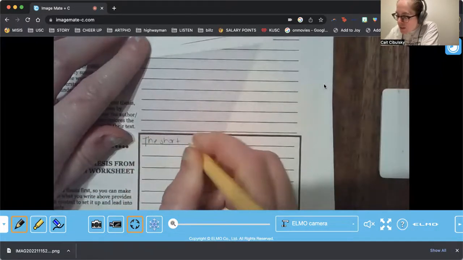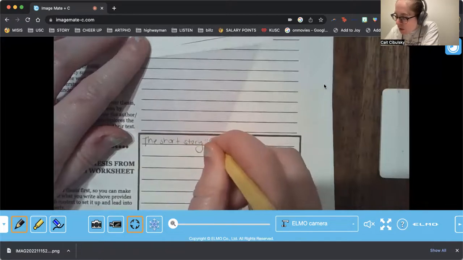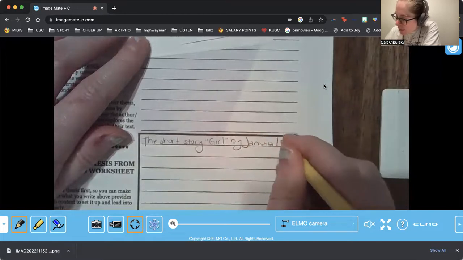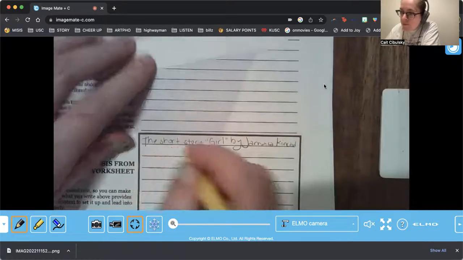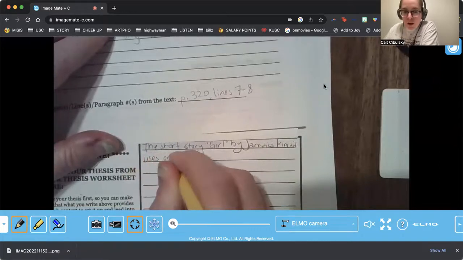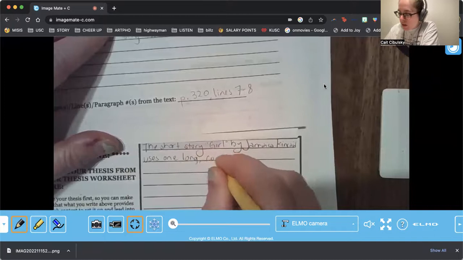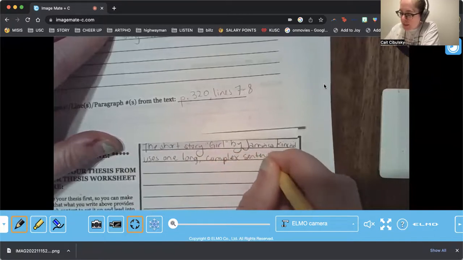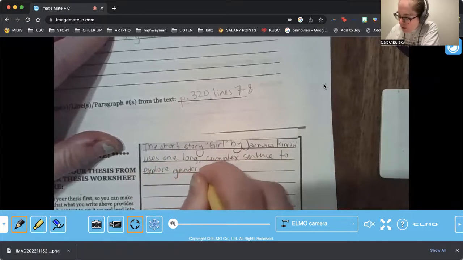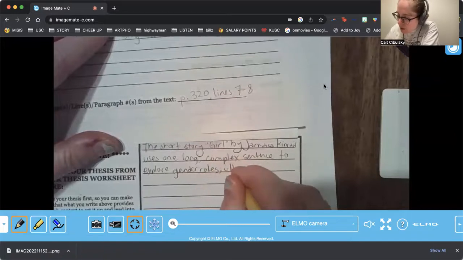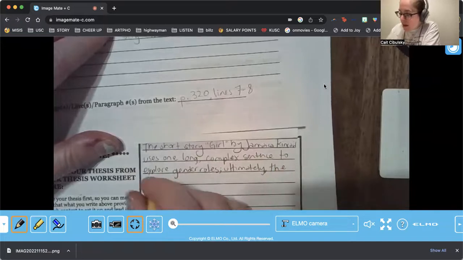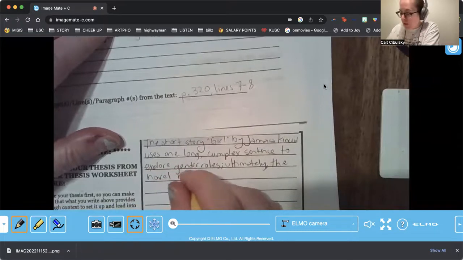The short story Girl by Jamaica Kincaid uses one long, complex sentence to explore gender roles. Ultimately, the novel reveals,